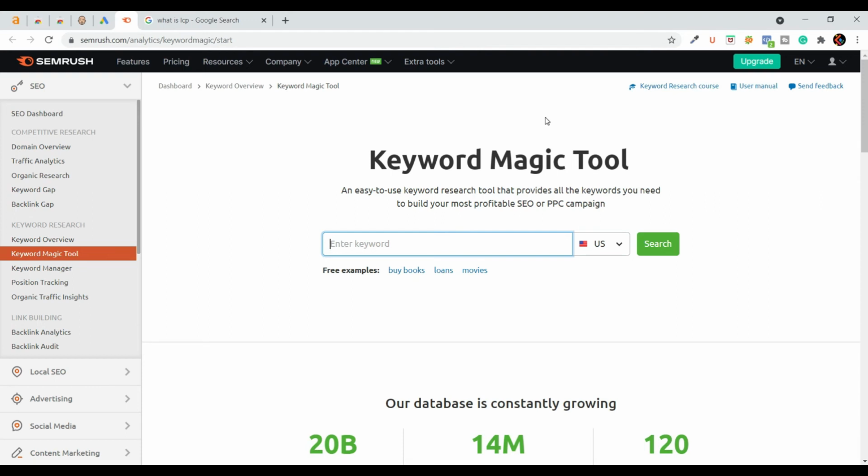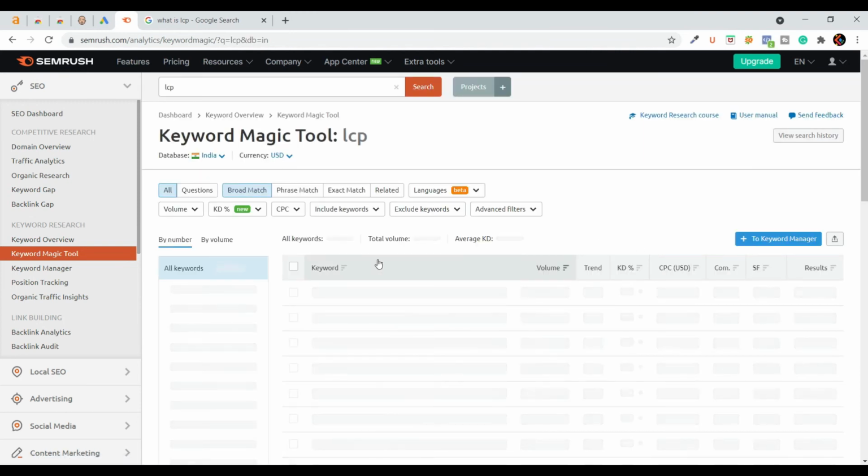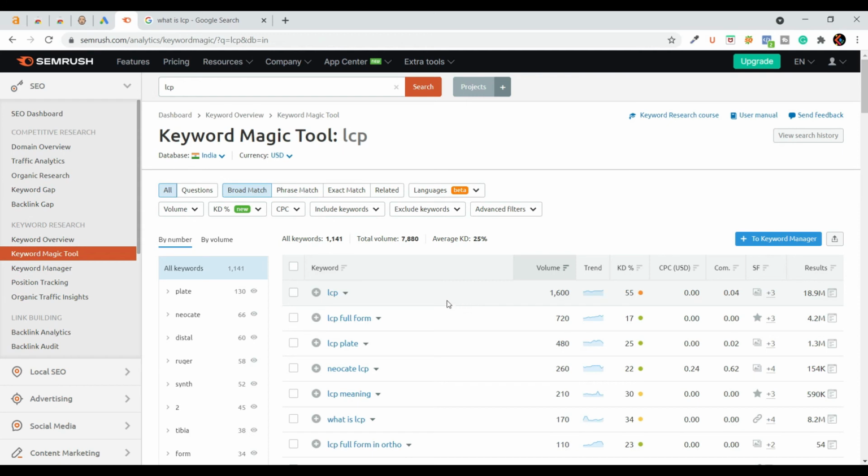In the free version there is a limitation, but I think you should be able to get your keyword within this limitation. Let's check this. Here you choose your country and search. Here you get all the details about the keywords. Here is the KD option.